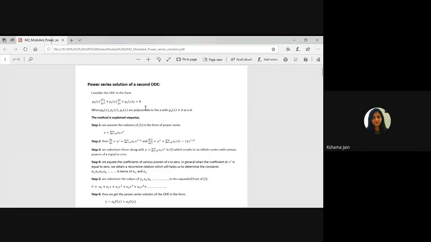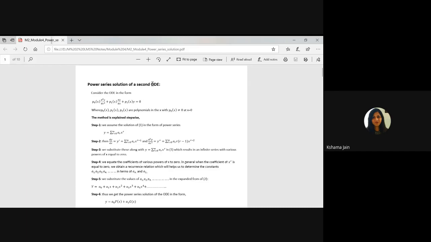In place of a function, if we find the solution in the form of a series, where terms are added together, that is called the power series solution. In your syllabus we will discuss only the second order, though it can be applied to higher order as well, and that is also ordinary, not partial. The word ODE is there, so be careful.